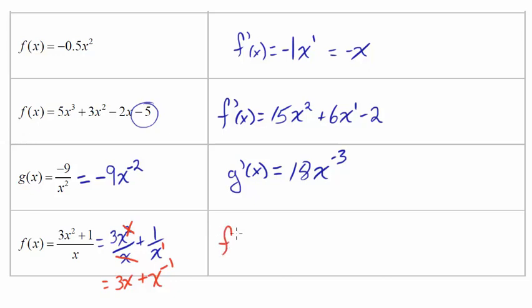Now I'm ready to take the derivative. All right, the derivative of 3x is just 3, because the 3 tags along, and the derivative of x is 1. Now I'm going to bring down that negative 1 x, and my new power is negative 2. All right, so we can simplify that a bit. We get 3 minus x to the negative